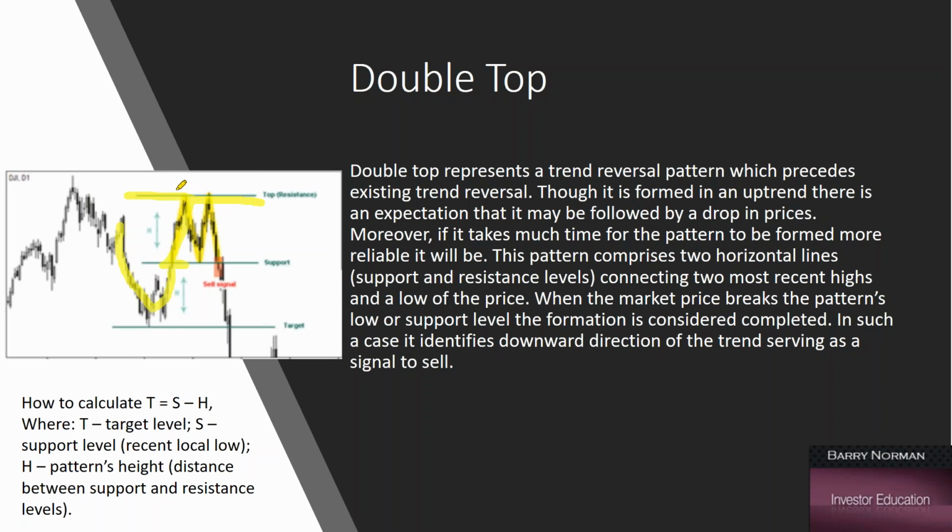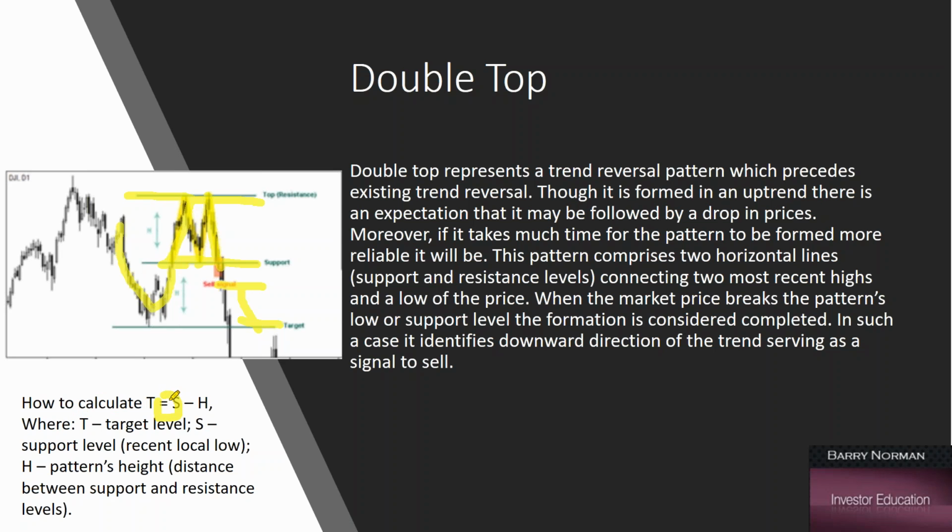swing highs to form your resistance level, and it bounces off there, comes back down to your support level, which were these swing lows right here, and bounces off it and moves back up to that resistance level, and then comes back down and breaks that support level, and this generates a sell signal, and you would then set your target, and your target would then be, again,